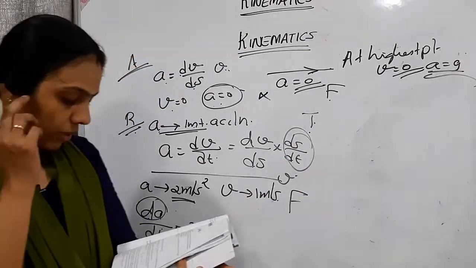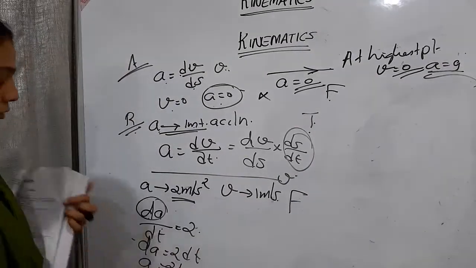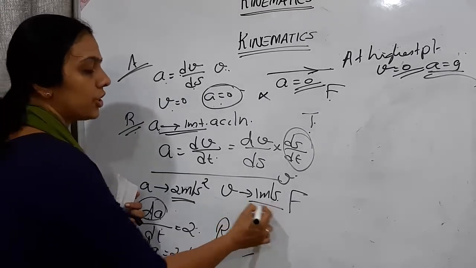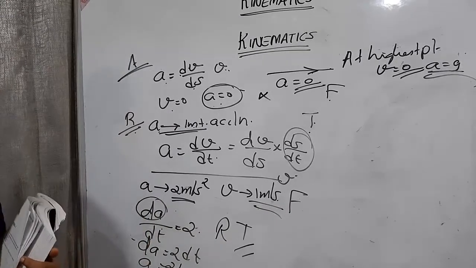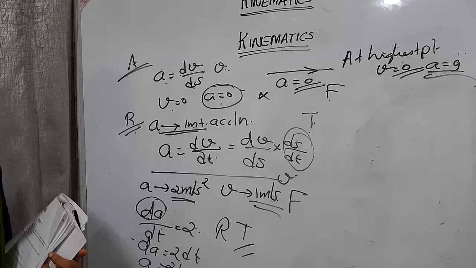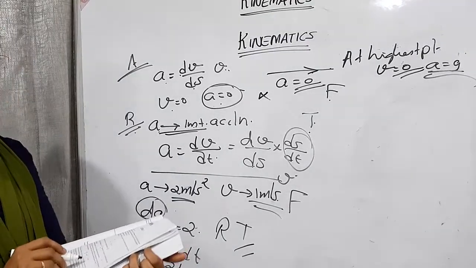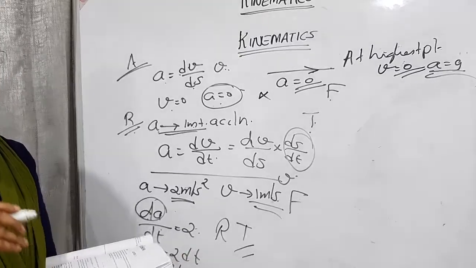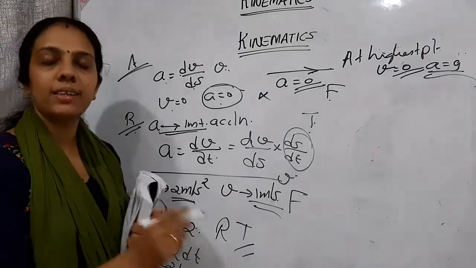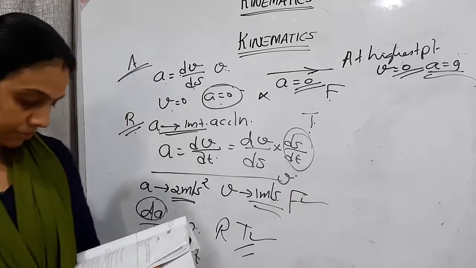Okay, then for the given condition dA by dt equals A, therefore A equals t, that is true only. Reason is true, assertion is false, because acceleration is not increasing at a constant rate, it is changing with respect to time. Right, so A equals 2t is correct. That was given in the second statement. Reason: dA by dt equals 2 meter per second square and A equals 2t. That is correct. That is, reason is true, but assertion is false.